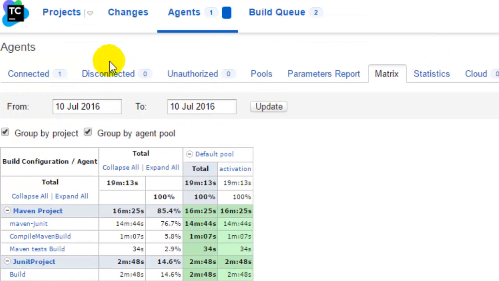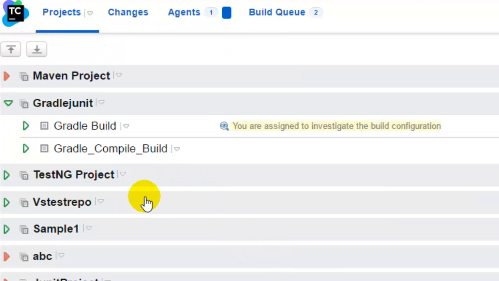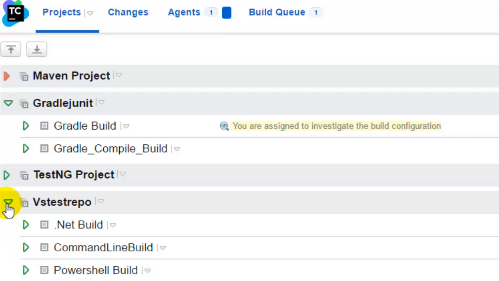So from this matrix, you can view what build agent is running which particular build configurations, or what are the compatible build agents. And from the main dashboard page, you can view all the projects in the TeamCity server,